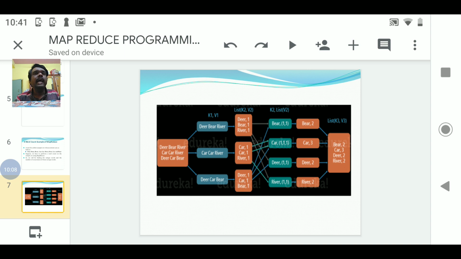So as we know, as there are a number of record readers, there will be a number of mappers. But in the case of the reducer, however many mappers there are, the reducer's job is to reduce it to a single value. Therefore the number of reducers will always be 1.